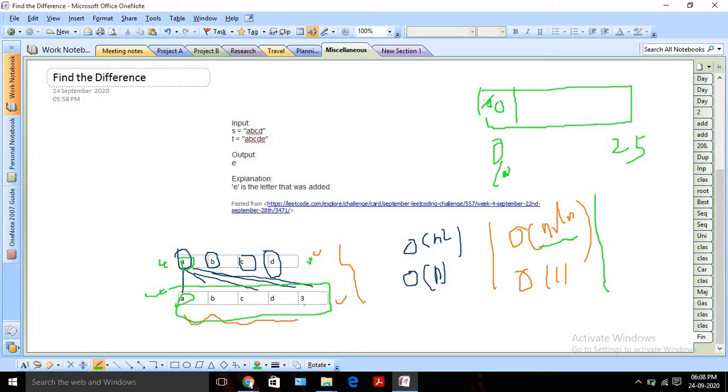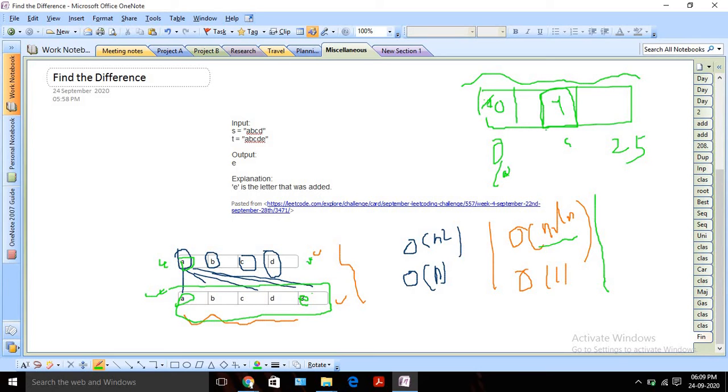where the value will not be 0, because if a character is extra, suppose it is E, and E is not present in the first string, then obviously it will be -1, since we have not found E earlier. So at the index of E, that will be 4, the value will be -1. Now if I iterate through this array using one for loop, I can identify that for this particular index we have a value that is less than 0.